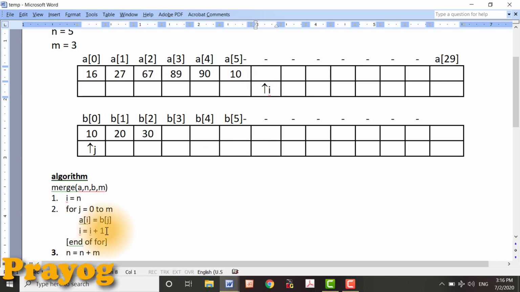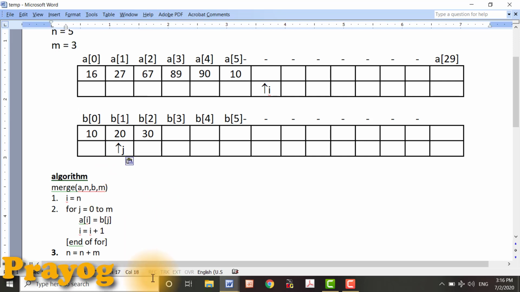Because of this step, I has moved to the next position, whereas the value of j is automatically updated by 1 because it is the variable of the for loop. So j is moving to the next position. Note the value of j is equal to 1.